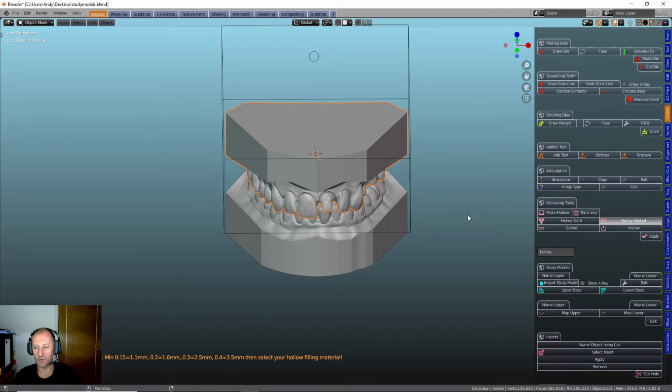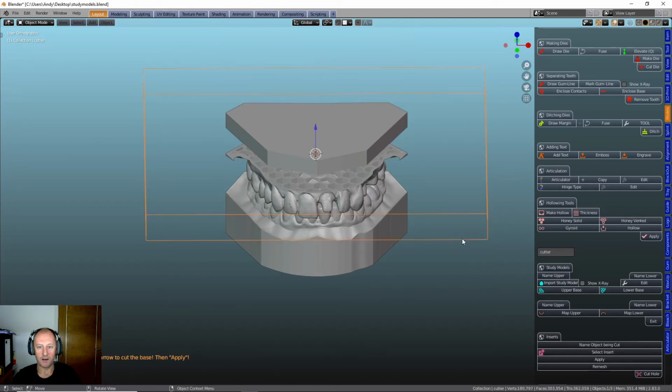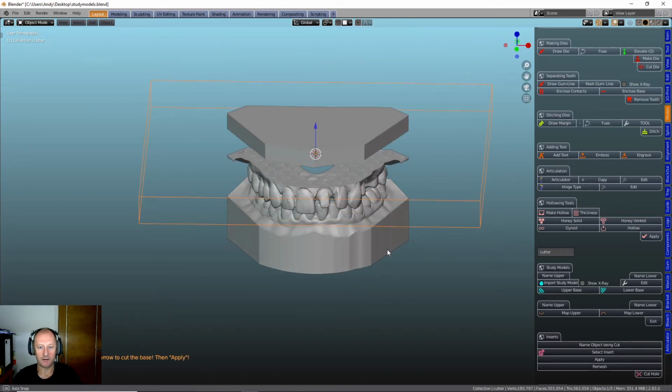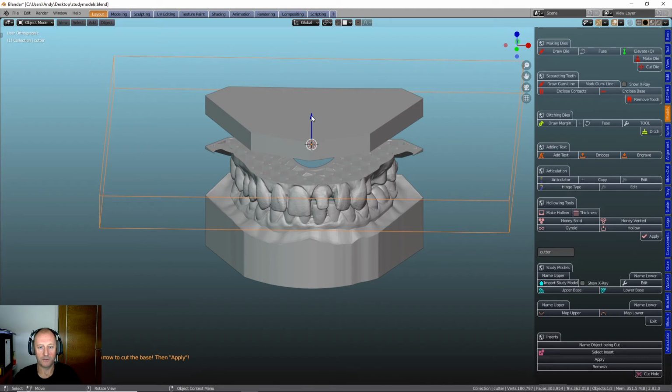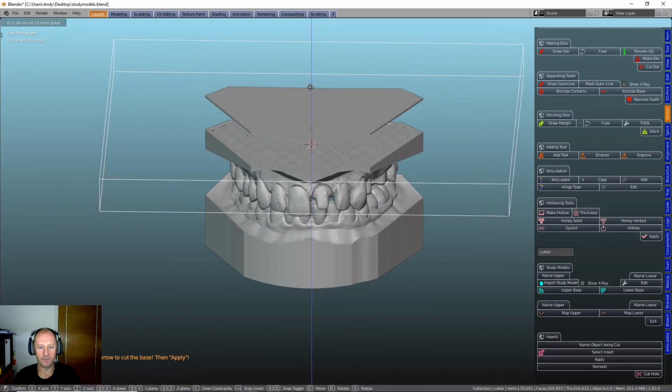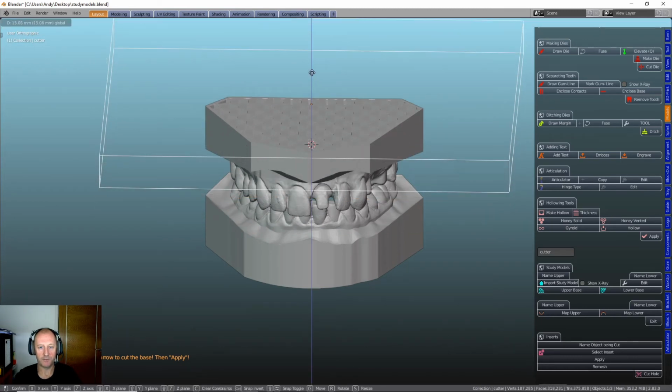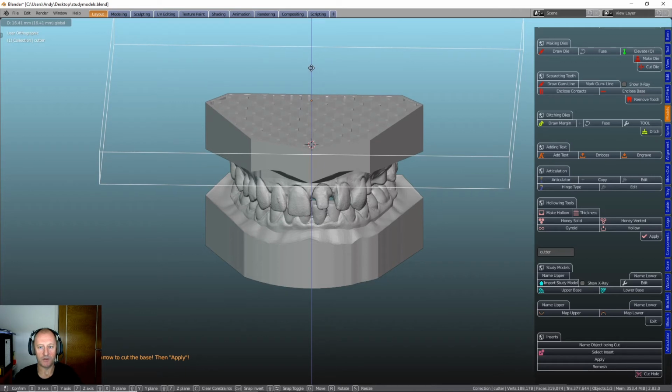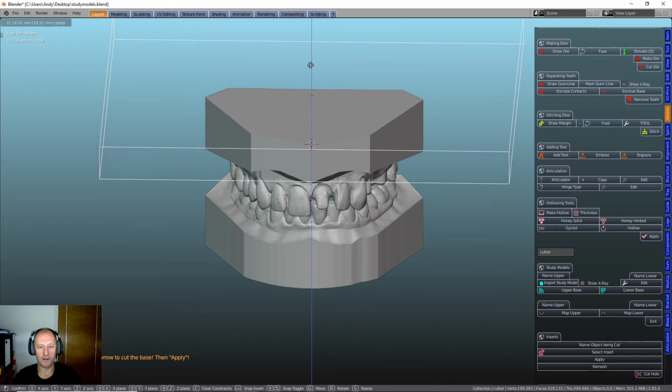And then we'll do honey vented, because I always do honey vented. You can do either, and other ones. We'll then go into the honey vented view, and we will move the arrow up. As you can see, if we keep moving too far, just like before, it covers in. So we reduce it a little bit